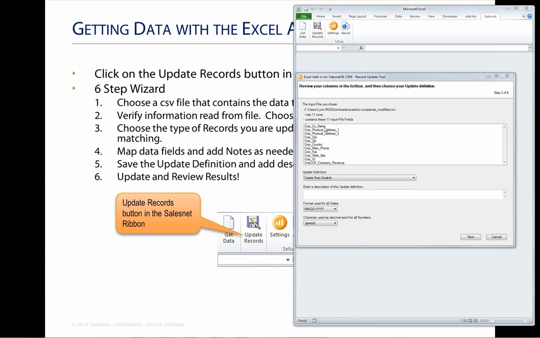So I have the file open. It says there are 11 rows, and now I can choose my update definition. I had also created an update definition that contained all of my mapping. At this point, I can either create a new one, which is going to be brand new mapping, or I can choose the definition and start from there. Okay, so when I click Next,